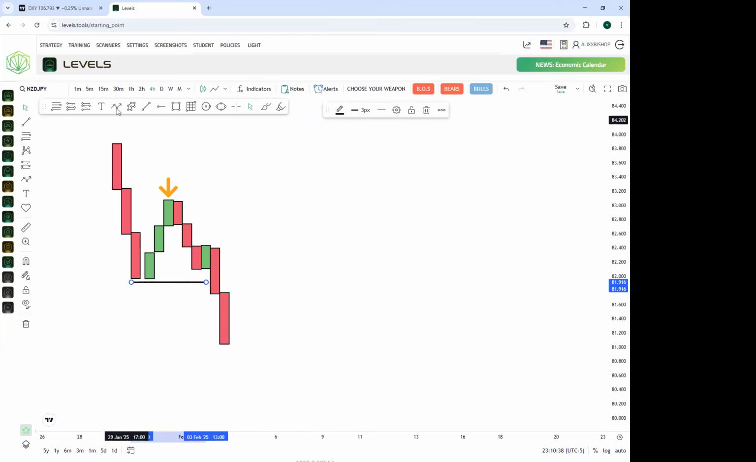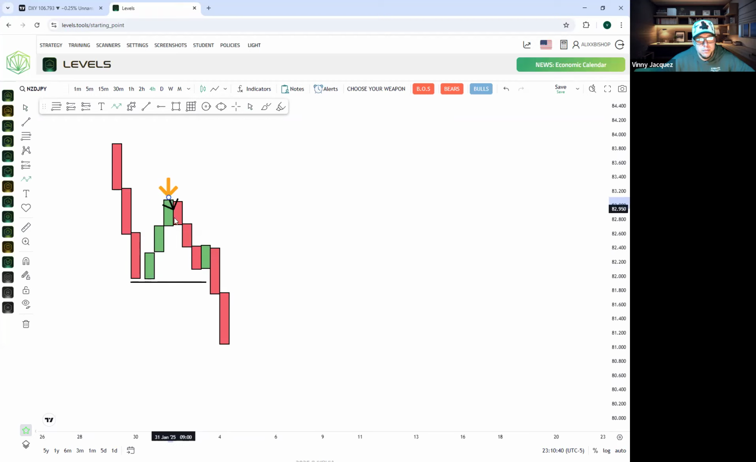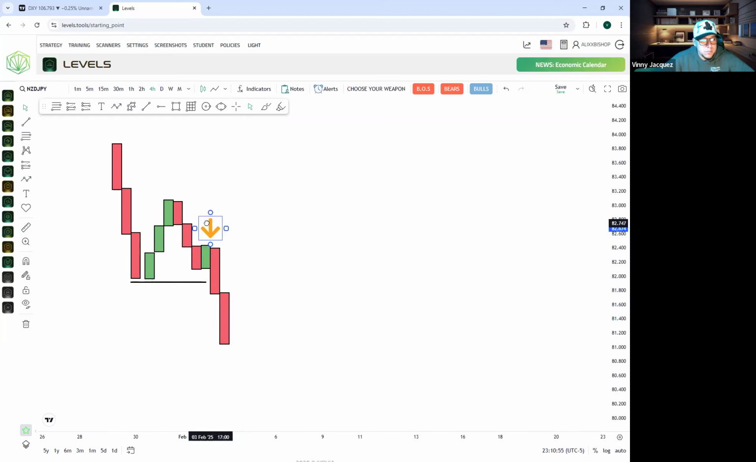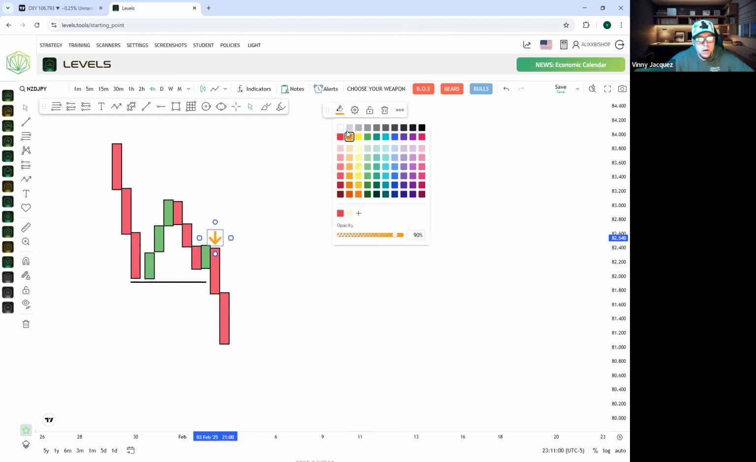So notice how when the market starts to head down, we get a pullback right here. We get a one candle pullback. You see that last buying candle? This last buying candle here gave us the break of structure on the downside, right? And when we get that, guys,